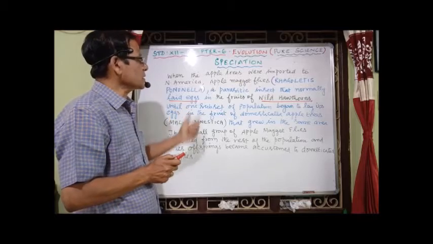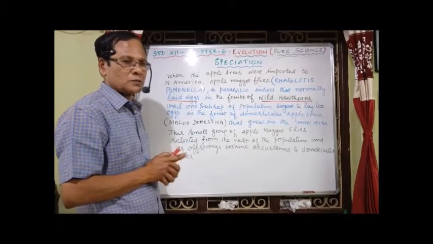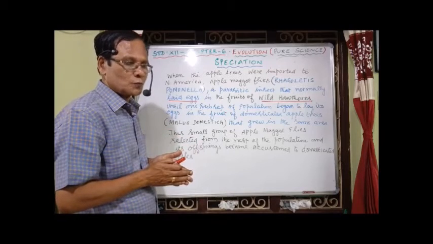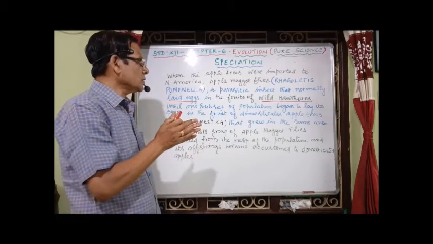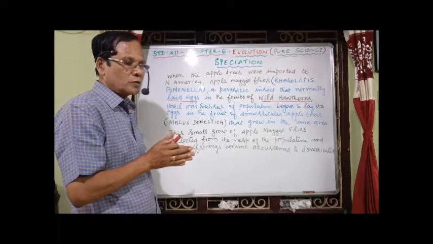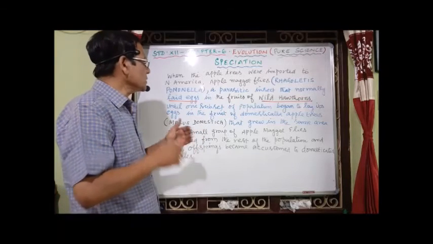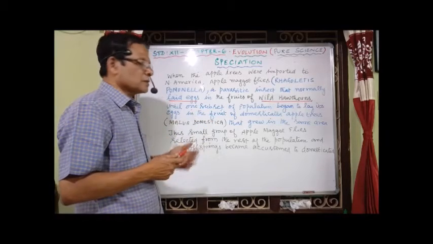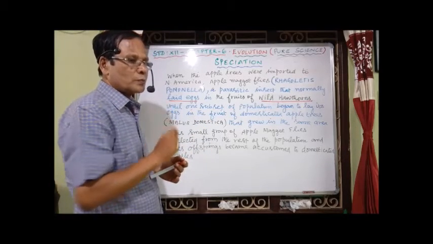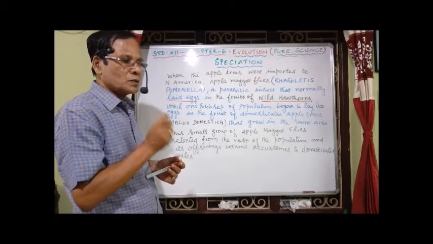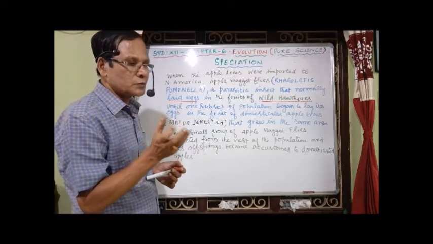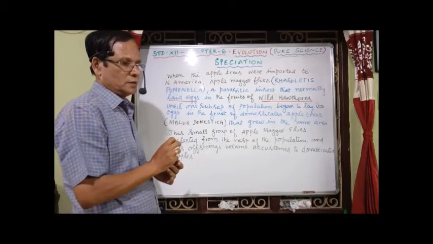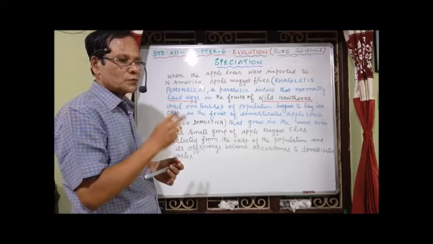One species is adapted to wild hawthorns, that is, to lay eggs there. Another species is adapted to the apple tree's fruit to lay eggs. So they have become distinct in laying the eggs, and that's why two different species have evolved. As a result, the small group of the population and also their offspring became accustomed to domesticated apples instead of wild hawthorns. This is because of the evolution of two different species.